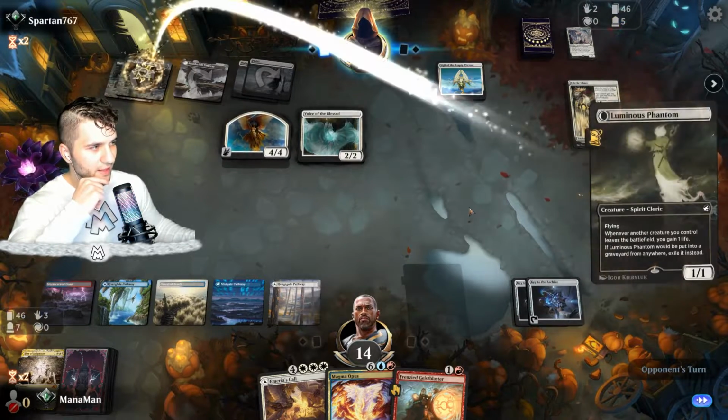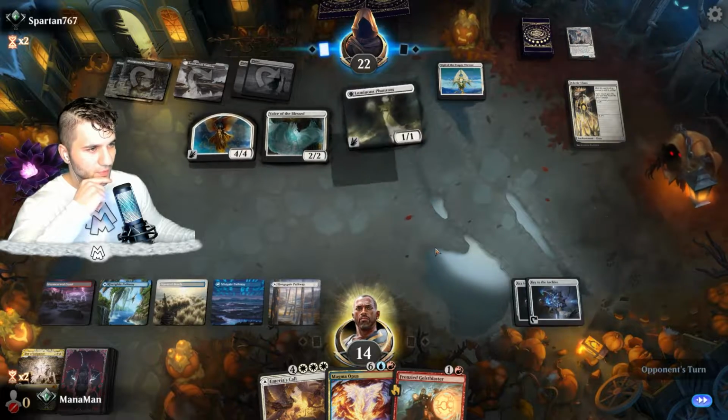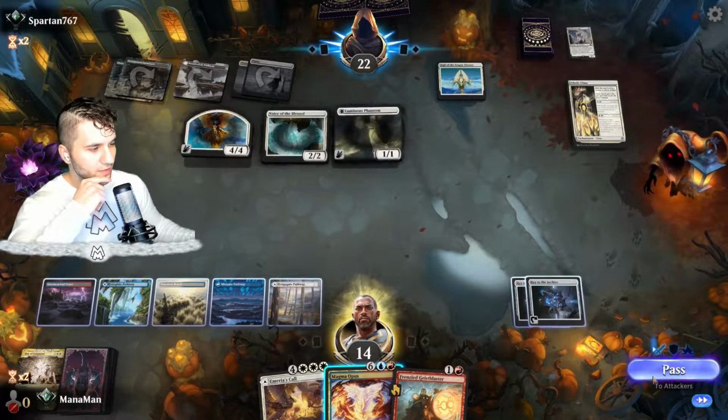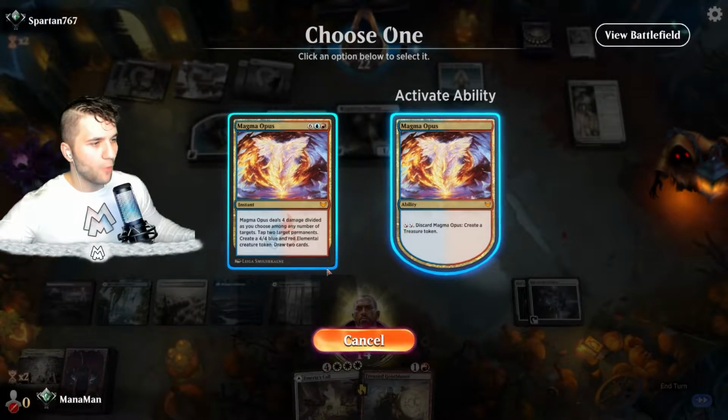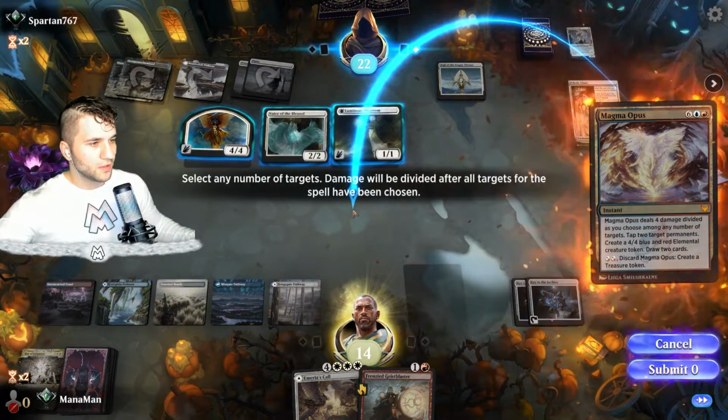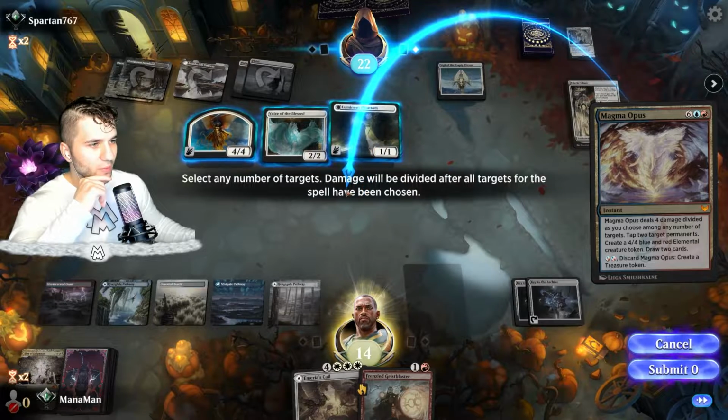I kind of like this deck. I like what you got going on here. Got another flyer. Alrighty. And let's go ahead and waste no time. Magma Opus. So we can deal some damage. I think we want to deal...